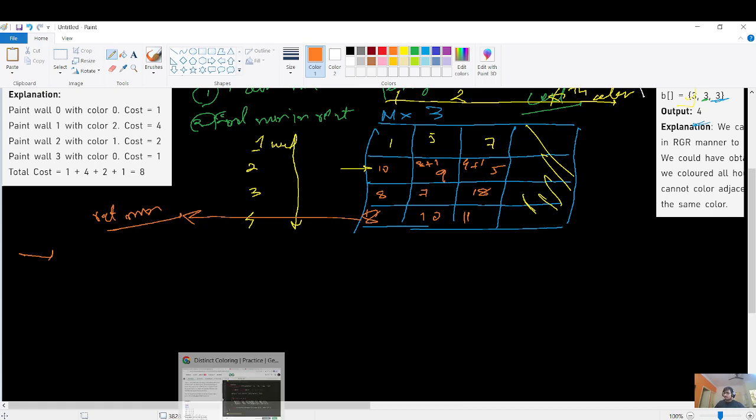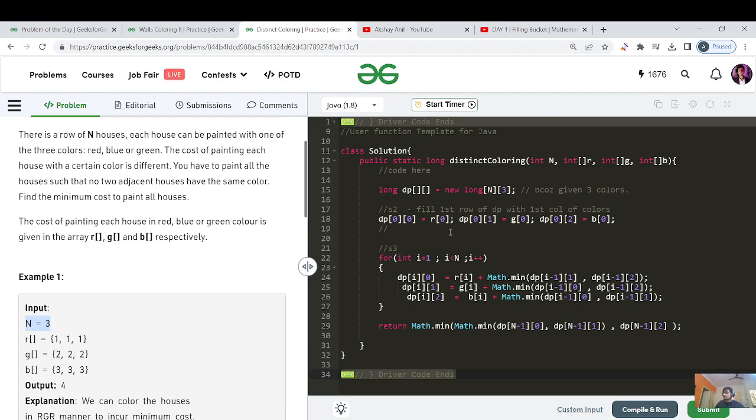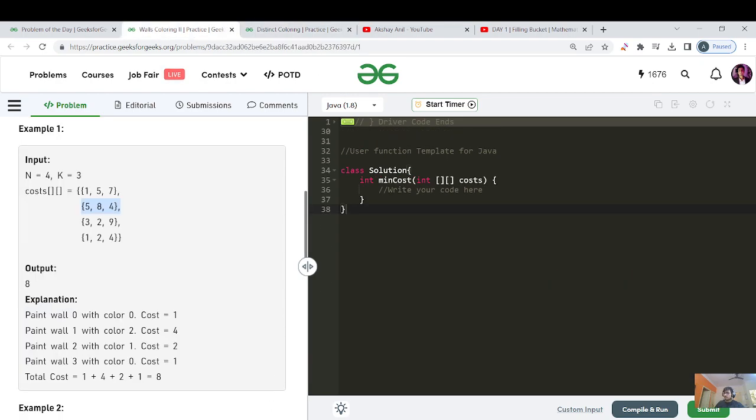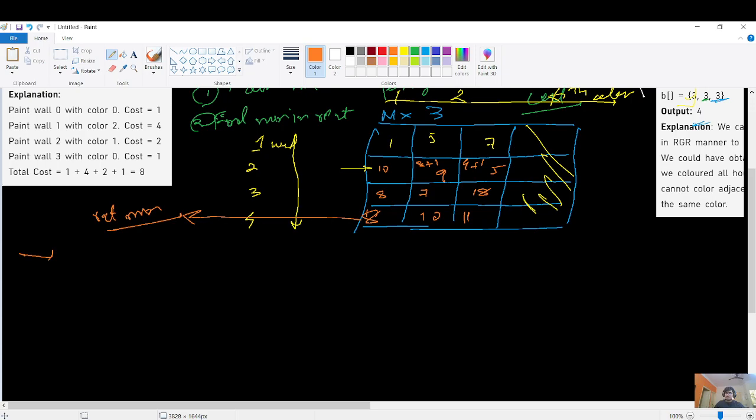Before that, let me give you the code which we wrote previously, right? The first step was to maintain a DP array. Then we fill the first row. So the first two steps will be the same, and then the third step will be iterating for the rest of the rows. So let's do that. The first thing is we will maintain a DP of N cross k, right? The second step will be, let me write it here,